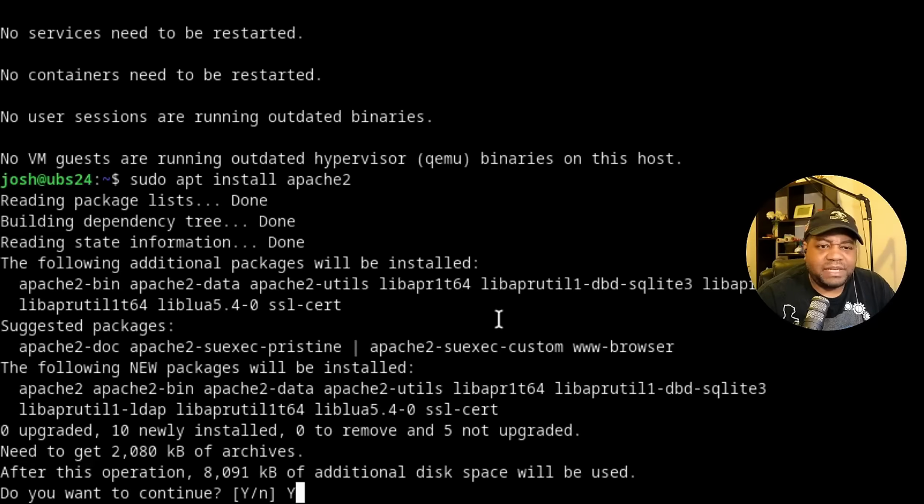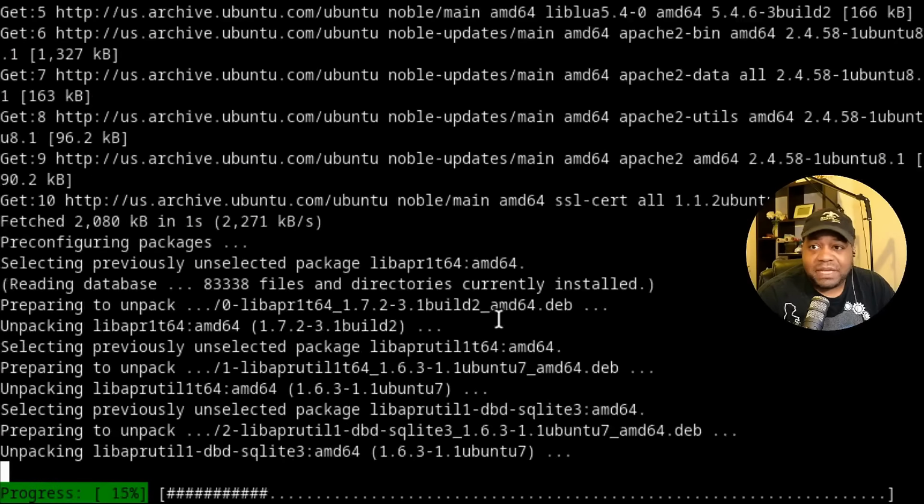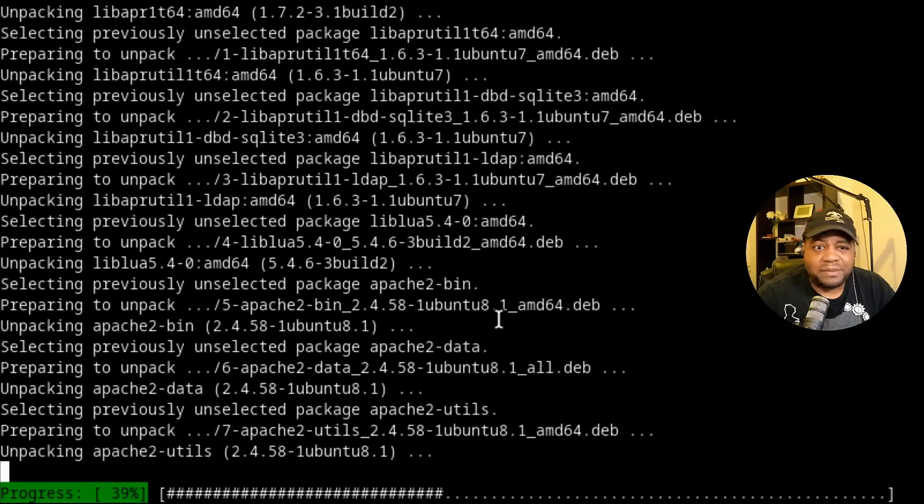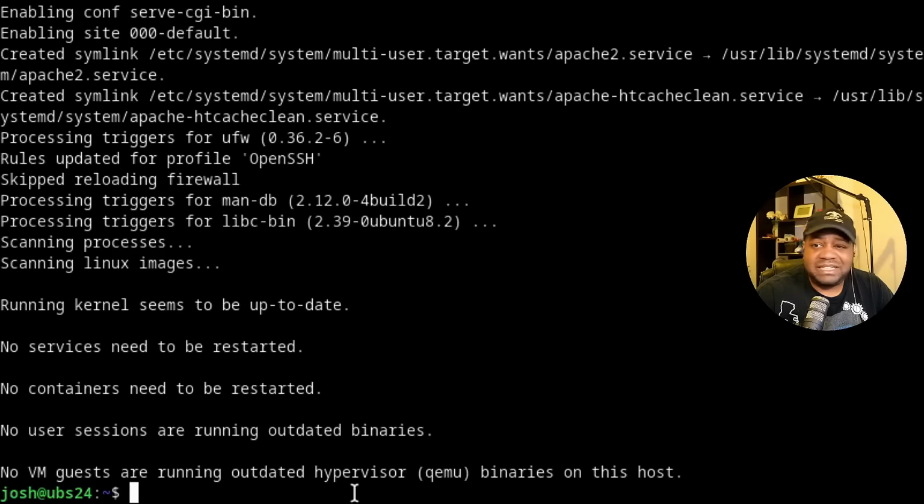So we're going to type yes, boom, but we can skip that by putting that -y at the end. So let's let this go through the process of installing. I'll be back when it finishes. All right, so Apache is installed, and we can check to verify Apache is good because what it does is